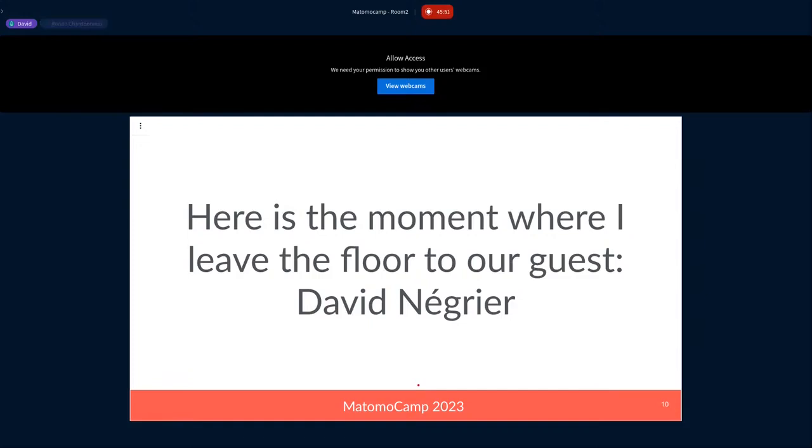There is a Big Blue Button integration, but even Big Blue Button can have limits. So what you usually do then is the speakers go into Big Blue Button or Jitsi when they walk on the stage. And from there, you stream to YouTube Live or any RTMP server, and you get the stream of the conference back to the attendees, just like what is happening in Matomo Camp right now, actually.